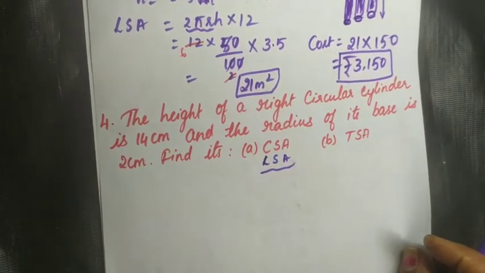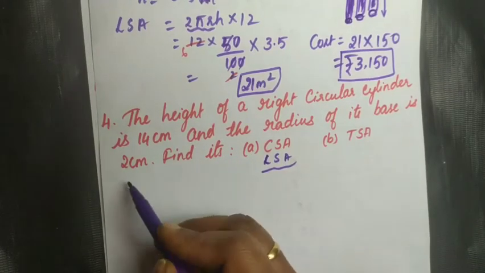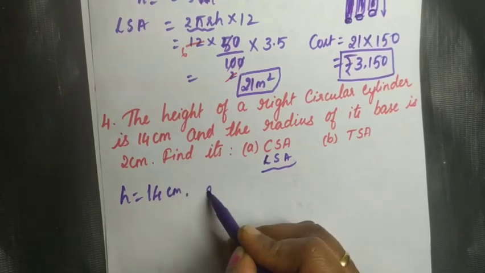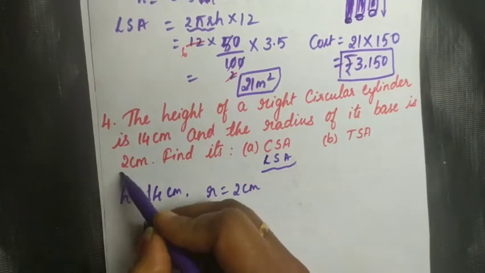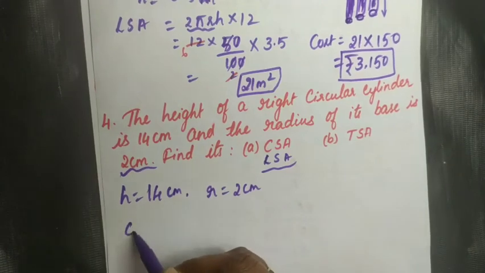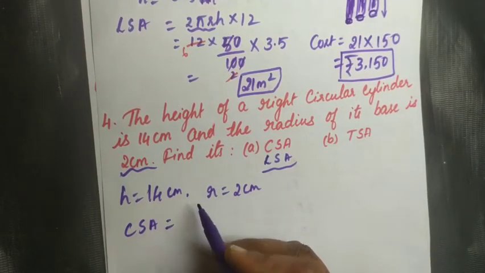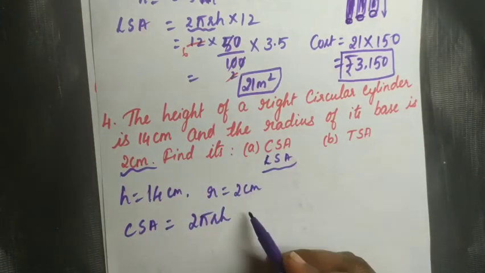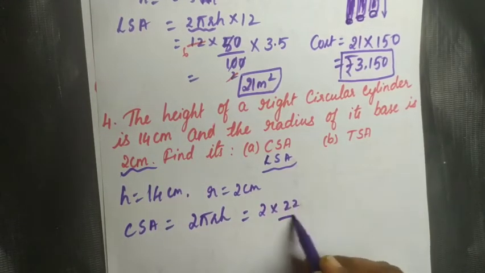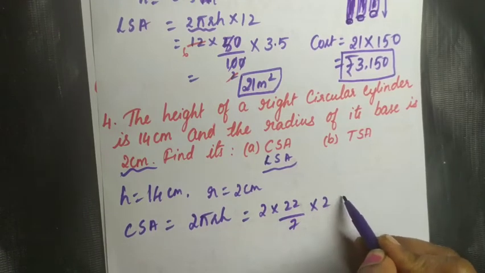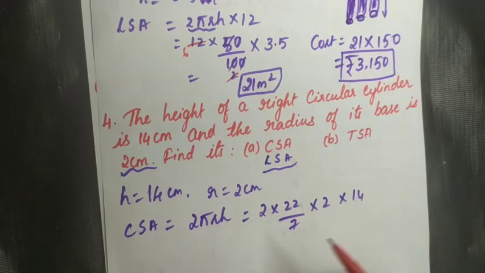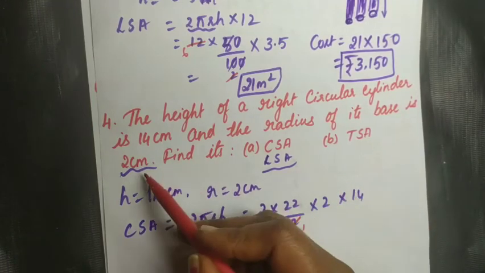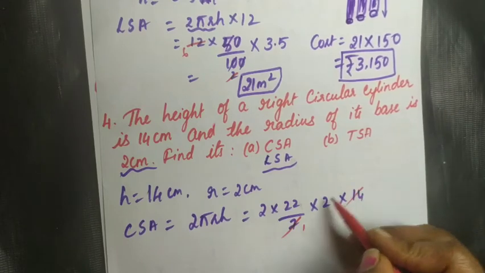Now what is given here? Height is given. Yes, no? So height is equal to 14 centimeters and radius is equal to 2 centimeters. Now what is CSA of a cylinder? CSA of a cylinder is nothing but again 2 pi r h. So don't get confused here. CSA and LSA are both one and the same. So it is 2 into pi, which is 22 by 7, into r, r is equal to 2, into 14. In this type of problems, most of the sums will divide by 7, of course. That type of numbers only will be given. Okay, measurements. So it is 7 2s are 14.